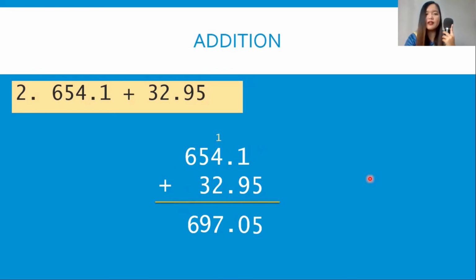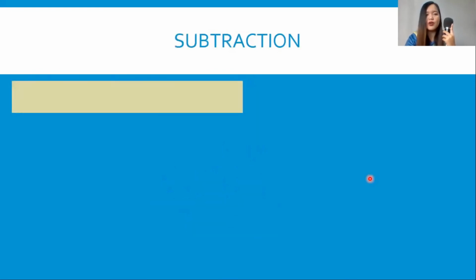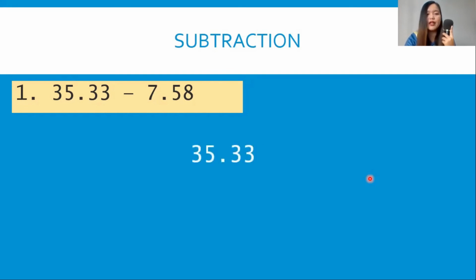Let's have another example on subtraction. Again, just do the keep, change, change if there are negative signs that you encounter, but if there are none, just proceed with the usual subtraction. So let's have 35.33 minus 7.58, and that's equal to